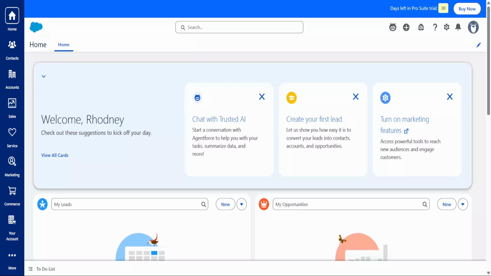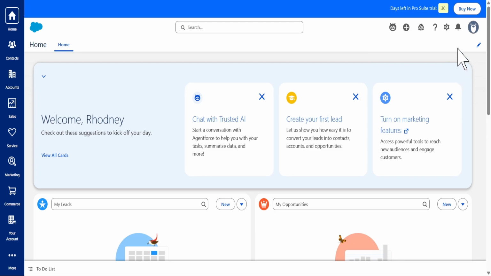In today's video, I'm going to teach you what is a Salesforce Sandbox and how to create it. A Salesforce Sandbox is a separate testing environment that's safely isolated from your live system, which is called production. Think of it as a practice copy of your org, where you can build, test, and experiment without risking real